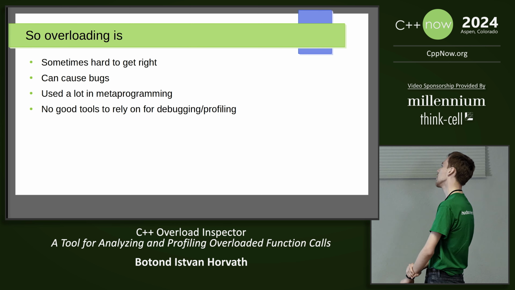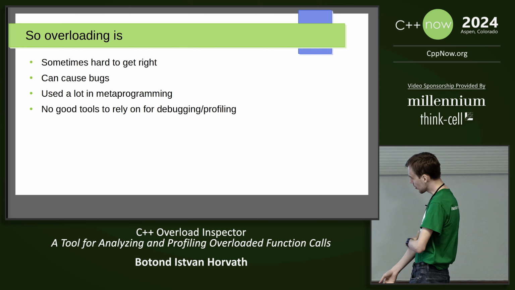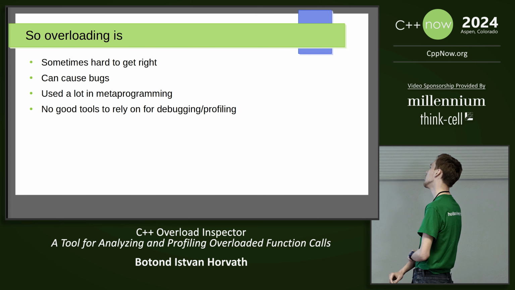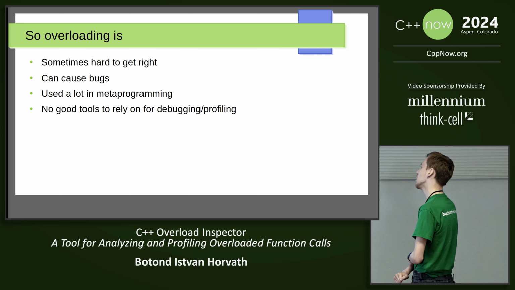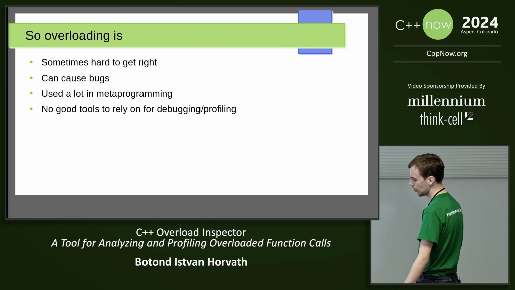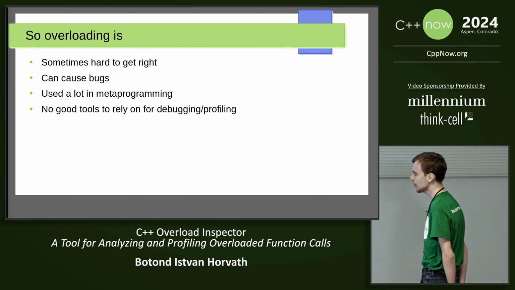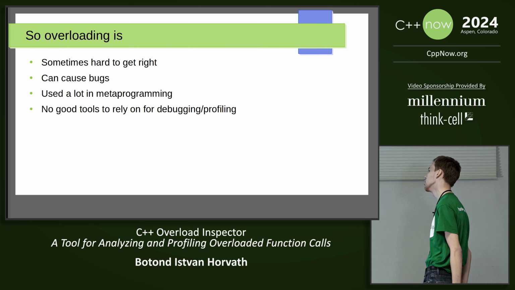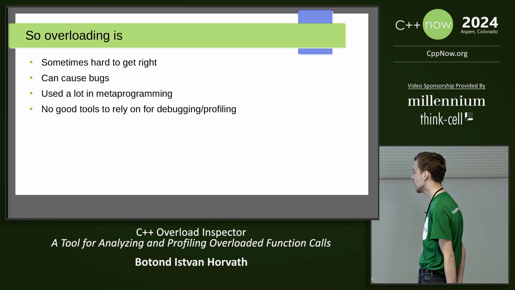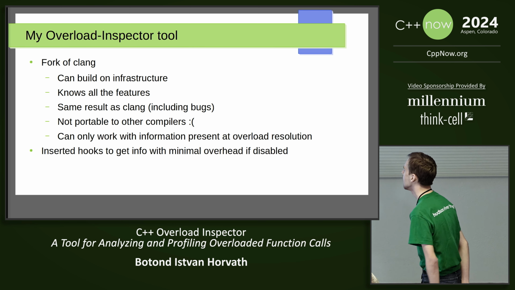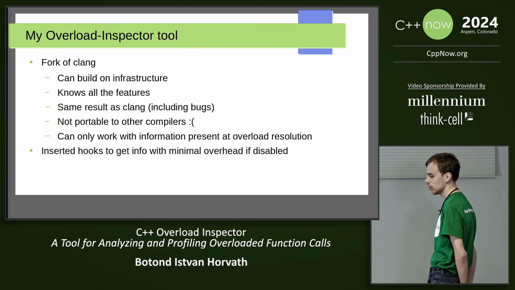So we can see that overloading is sometimes hard to get right, and if we mess it up, it can cause bugs. It's usually in metaprogramming, and unfortunately, there aren't many good tools which can help programmers to write code where they do the right overloading. That's the motivation for my tool,